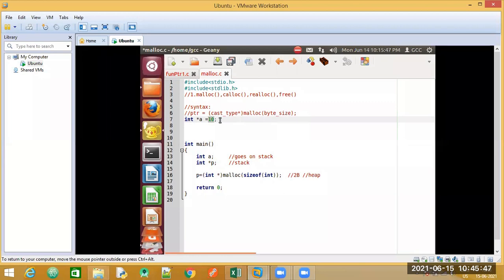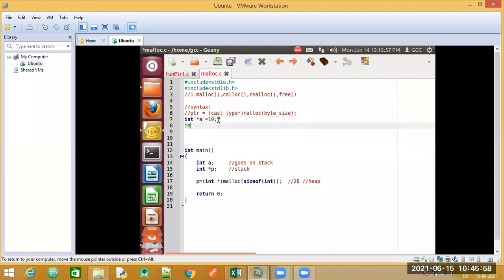When you look at this particular value 10 and when you look at the data type, you are sure that a single value is there, so it will take 2 bytes. If I would write another statement, int b, now it would be a total of 4 bytes. So I have told malloc I want to store 10. The cast type is integer. The byte size: how much block of memory is required? How much data do I want to store? I am going to store only the value 10, just a single value, which means it is going to take 2 bytes.